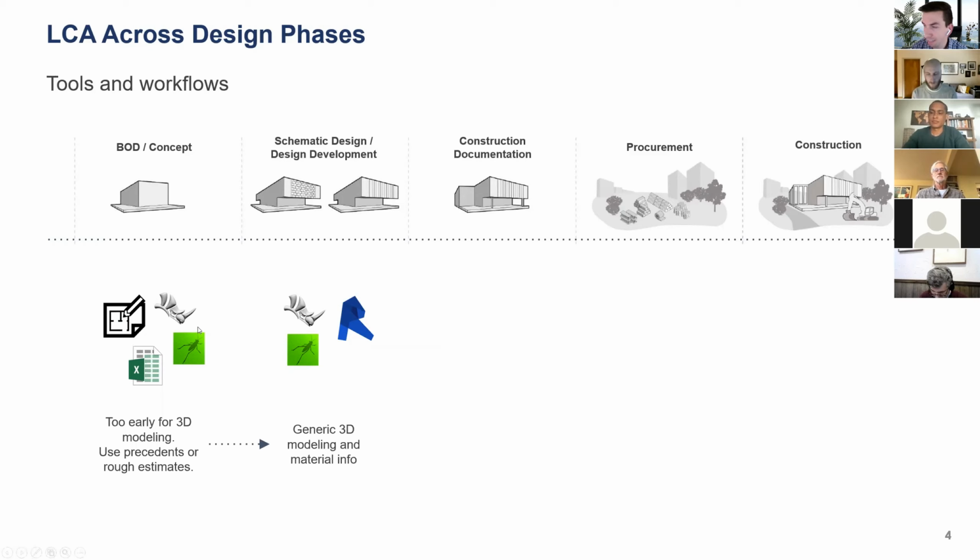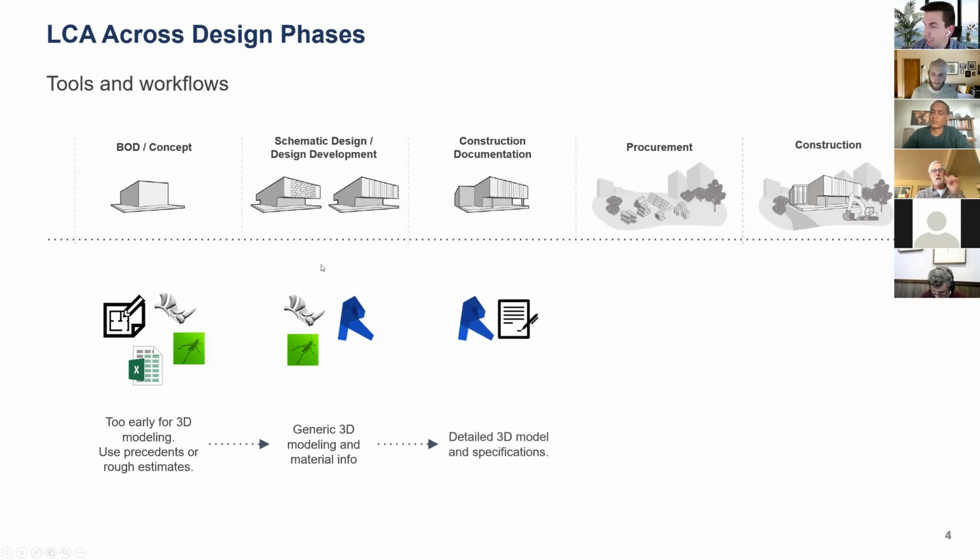When we move into the schematic design and design development, you probably use some sort of tool like Revit or SketchUp, where you may now be able to export some of the quantities, either mass, areas, or volumes of different elements of the building. And you can use those for extracting your quantity information. But really, if you wanted to, you don't need to make this complicated. You can just stick with your Excel-based spreadsheet and make those quantities more specific to your different designs.